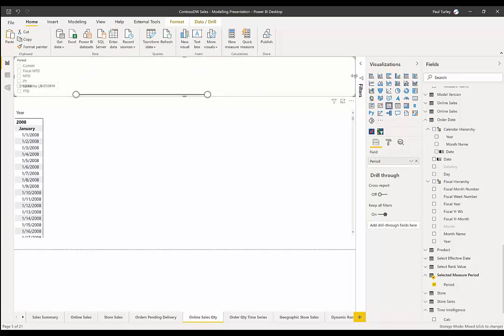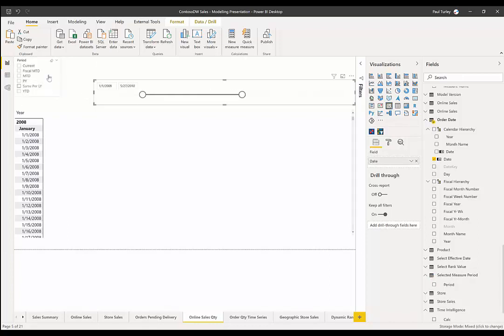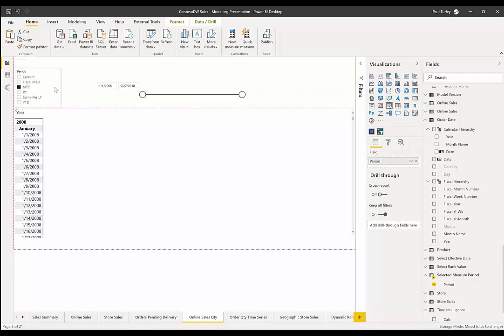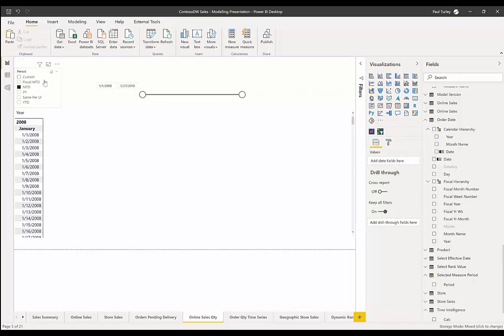Let's move that around. We'll keep that as a list. But you can see I can choose from among any of these measure values.